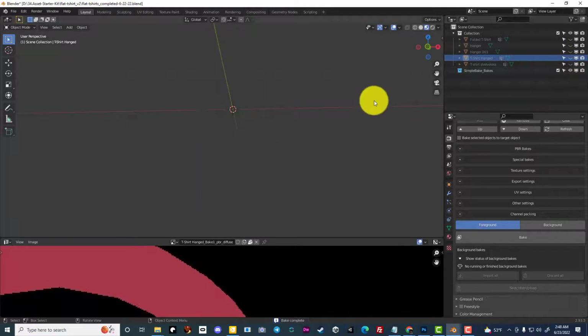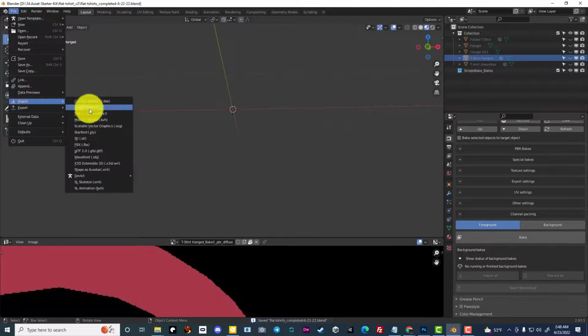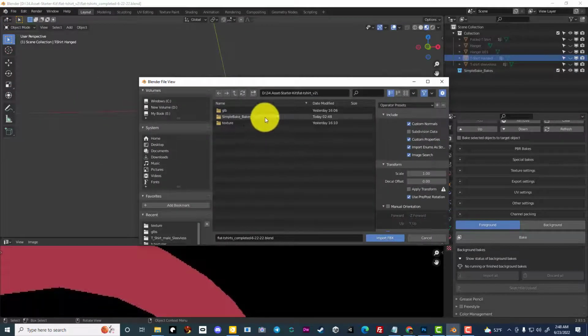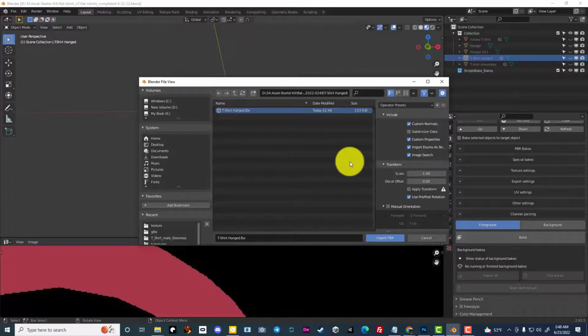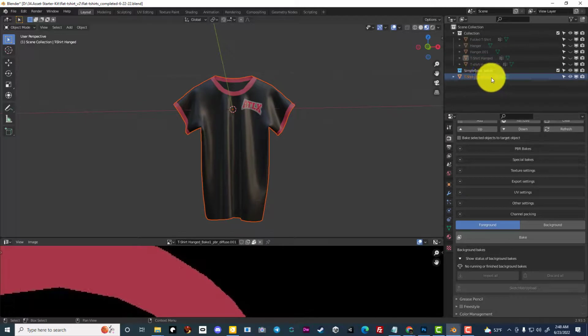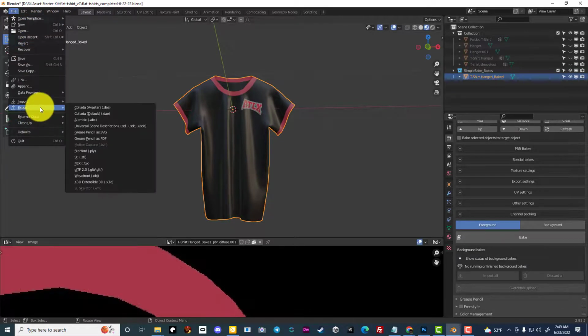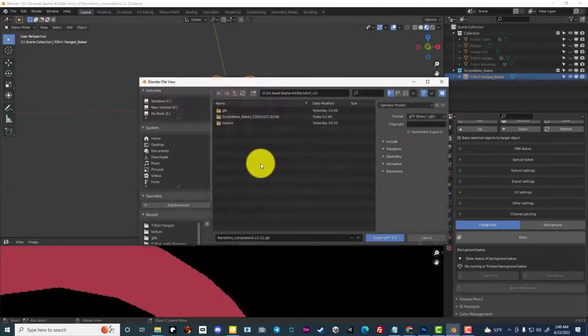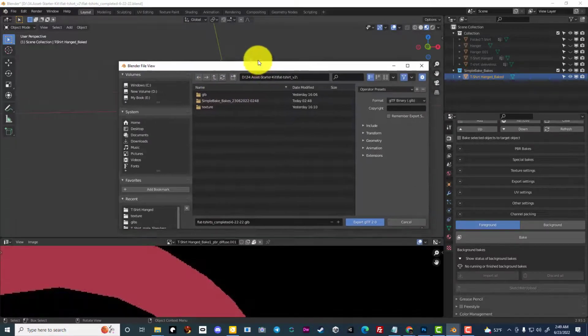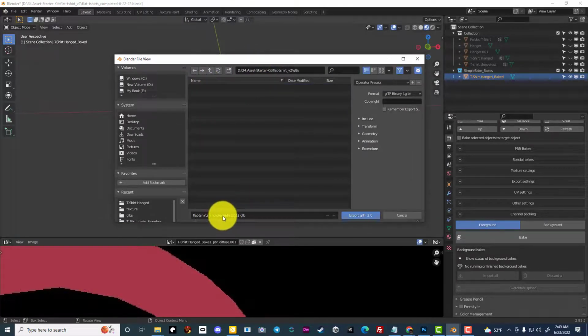Hide the shirt that you were working on. Go to File, Import, FBX. You'll have your simple bake right here. Select it, import, and here we go. I like to drag these into the simple bakes folder right here. But here's that shirt. Now, you can just select it, export, GLTF, and then here inside of the GLB, I'm going to put